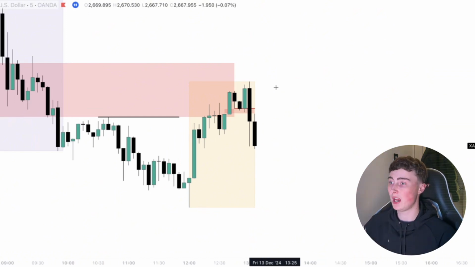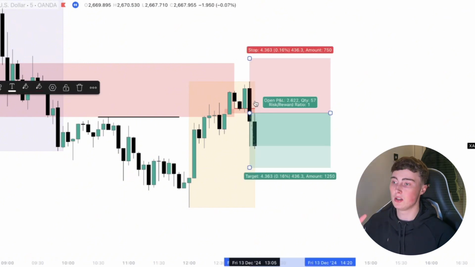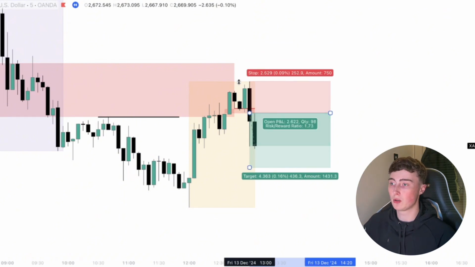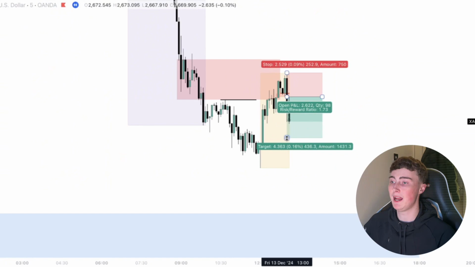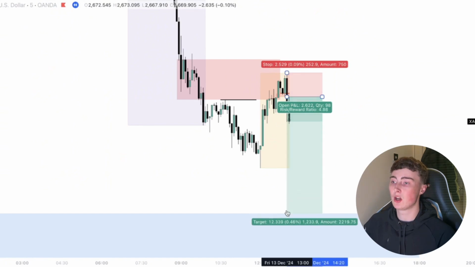If you were just saying, I can only enter off order blocks, you probably would have missed this trade. But because we can be flexible with it, we simply go ahead and enter off the most conservative PD array, which is like the lowest one. In this case, that's the IFVG. So you enter off the IFVG, stop loss can go at the high. And from there, we expect the rest of the daily cycle to play out and target that internal range liquidity,